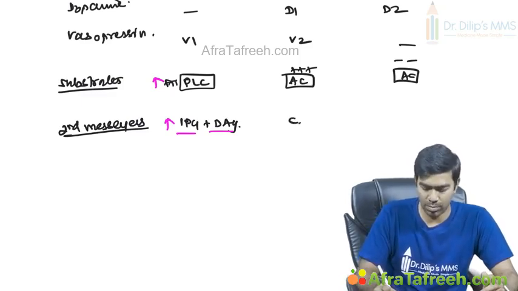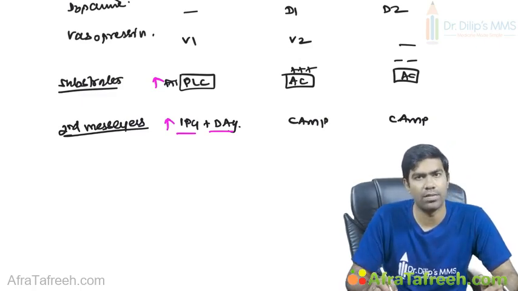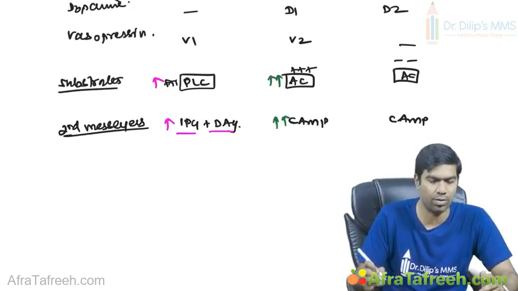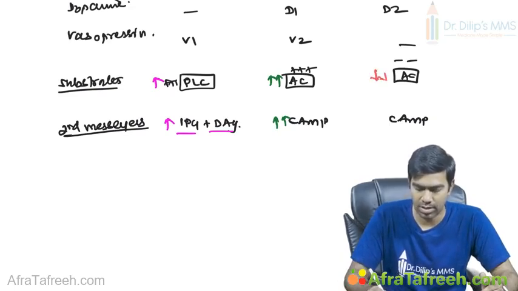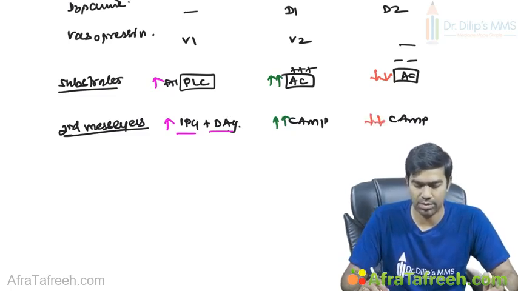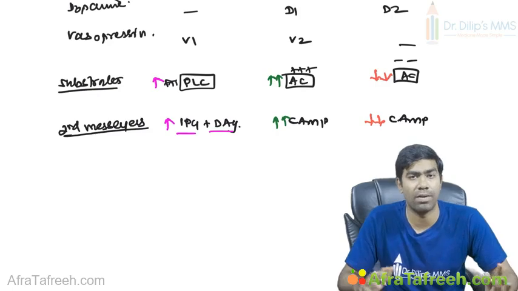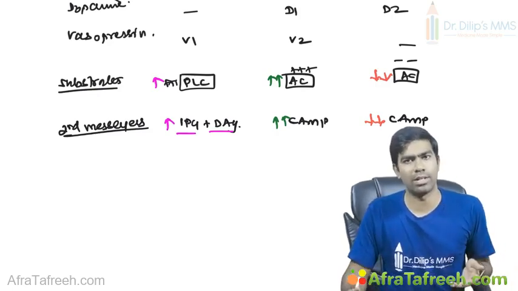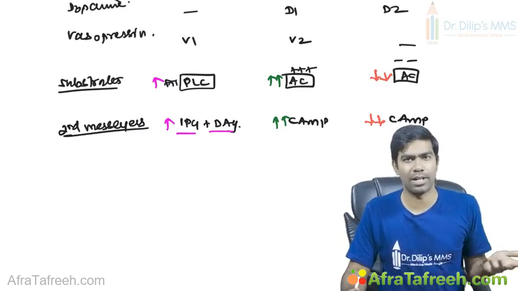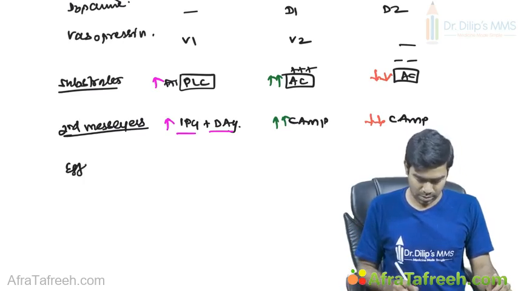Similarly, for adenylate cyclase, the most important second messenger is cyclic AMP. Clear? You know very well, since Gs activates the adenylate cyclase and increases its activity, your cyclic AMP levels are going to increase. Similarly, since Gi type reduces the adenylate cyclase activity, they reduce the cyclic AMP levels. Clear? So these are some of the important aspects that you have to know. And apart from that, what increased or decreased cyclic AMP and what increased IP3 and DAG is going to contribute to, because they have the effector molecules. Final effector molecules. What are the final effector molecules?